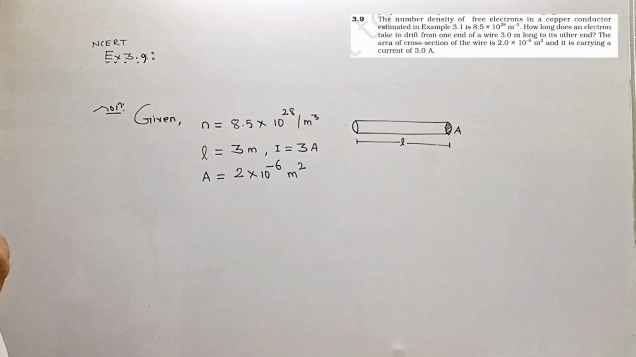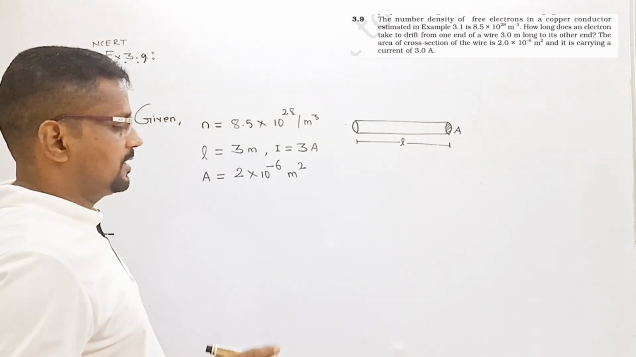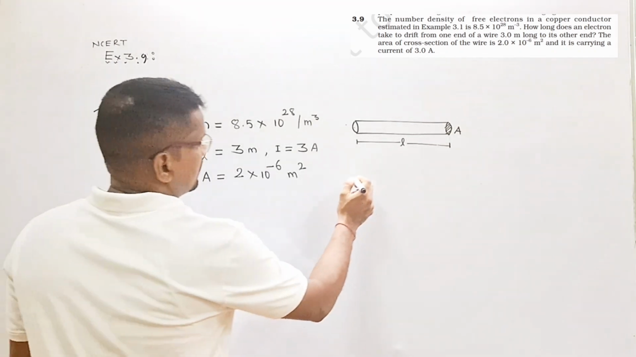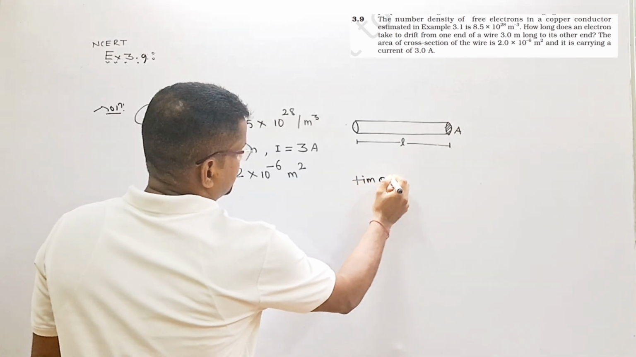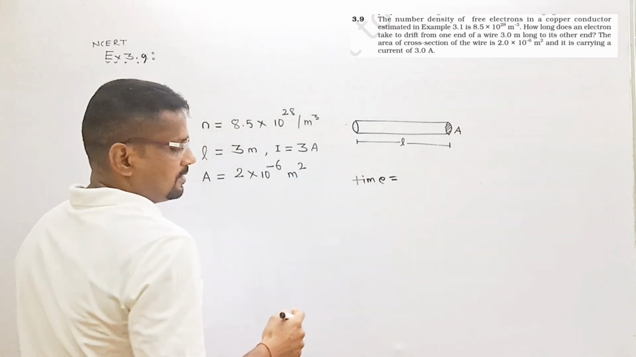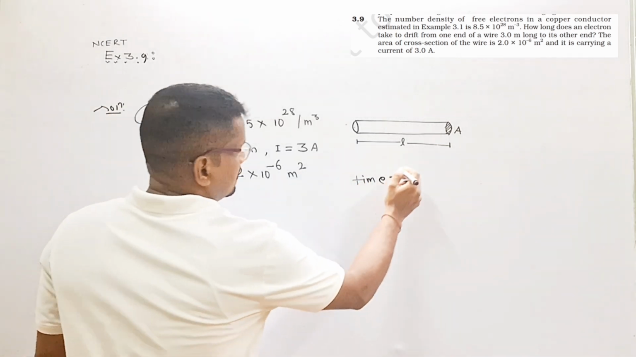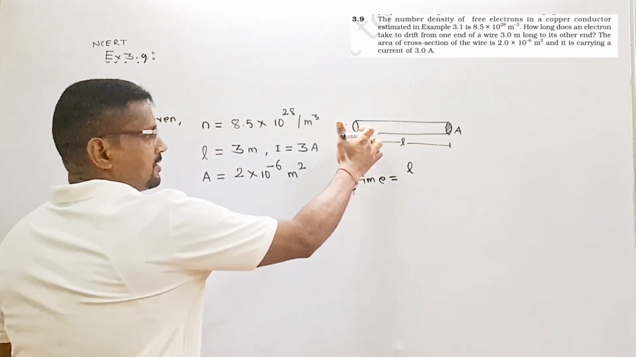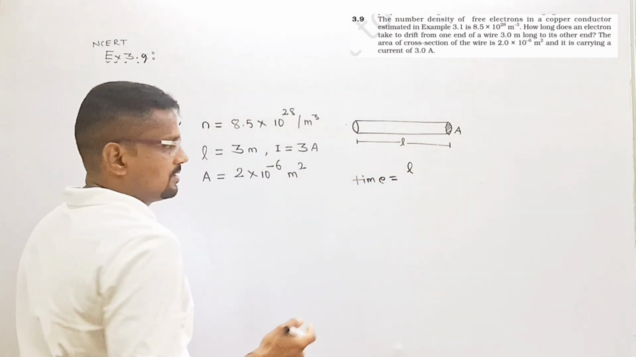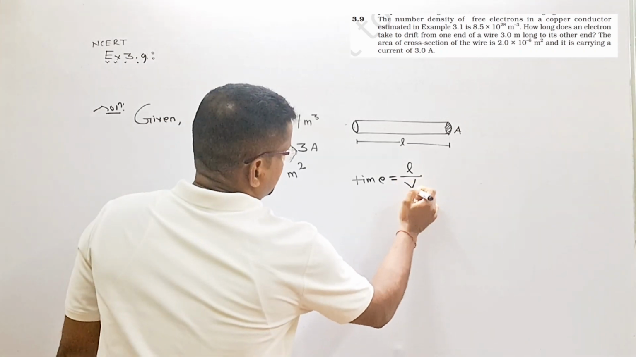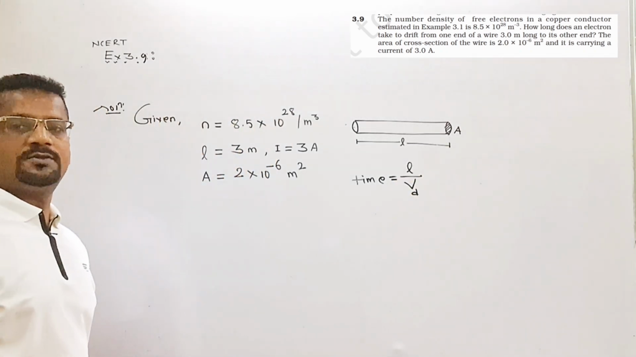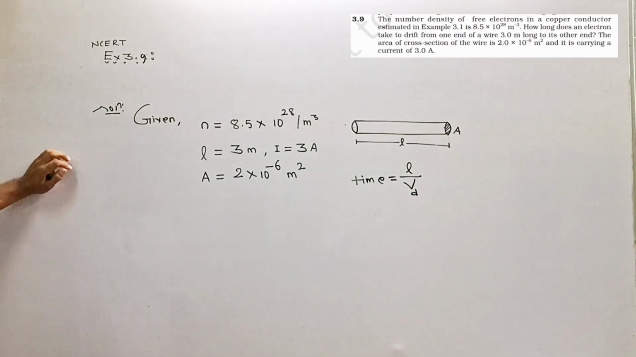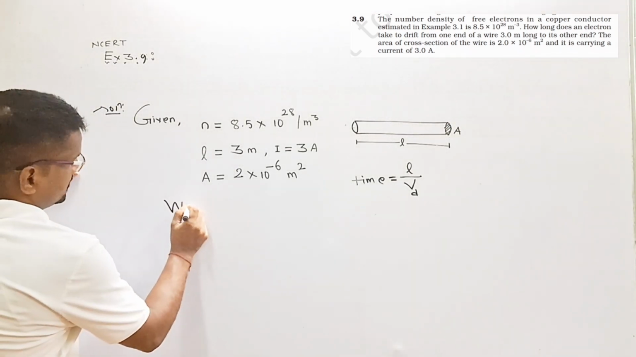First of all, you have to calculate the drift velocity, because as you know, time will be distance by speed. Distance means length, and speed is the drift velocity Vd. So first of all, you calculate the drift velocity. For that, as you know,